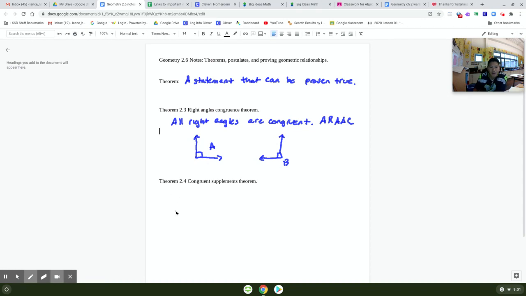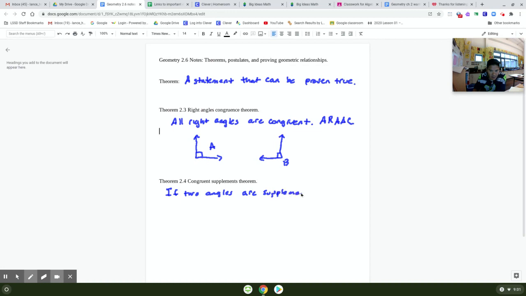All right, and then theorem 2.4, the congruent supplements theorem. Previously we talked about conditional statements, even though I didn't write theorem 2.3 as a conditional statement. Quite a few theorems, postulates, and definitions that we'll go over use conditional statements. So the congruent supplements theorem states: if two angles are supplementary to the same angle,